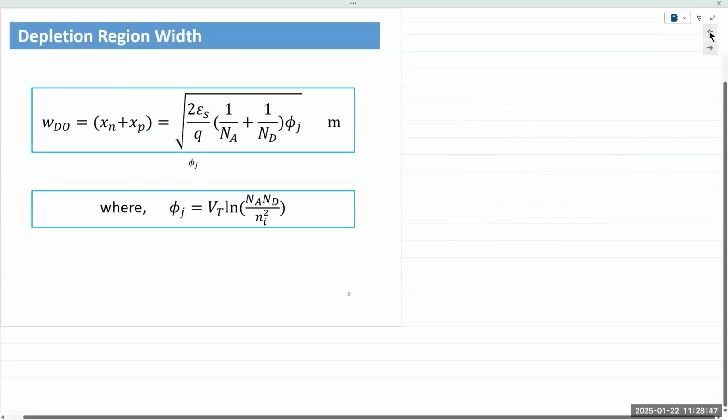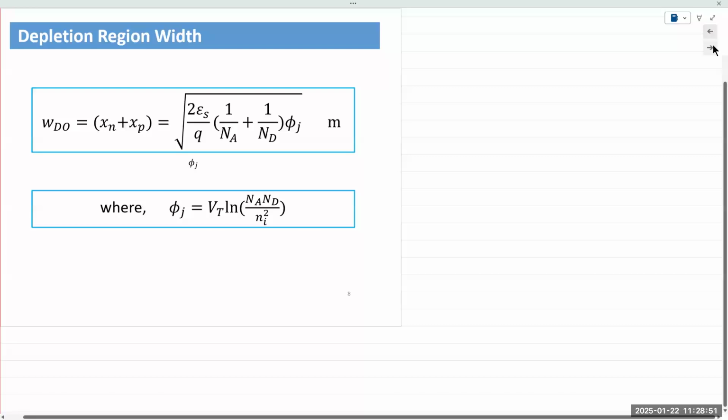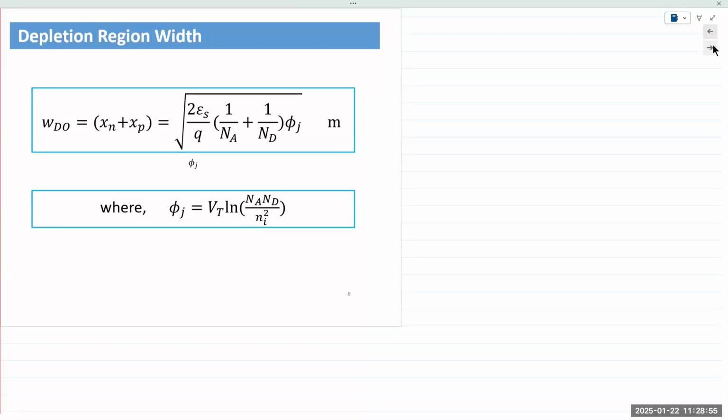Okay, so the space charge region is depleted of all charge carriers. Hence, it is known as the depletion region. And it creates a depletion region of a certain size. And so the depletion region width is given by WD0. So the depletion region width WD0